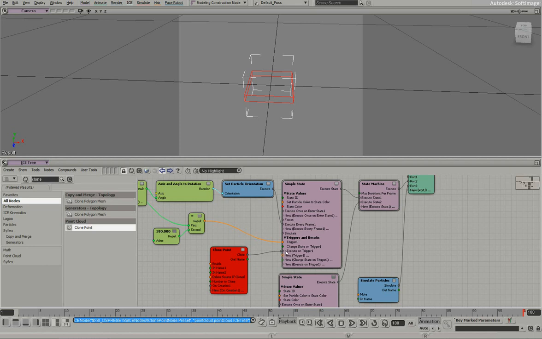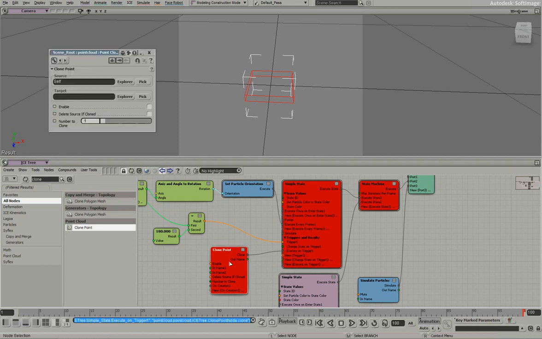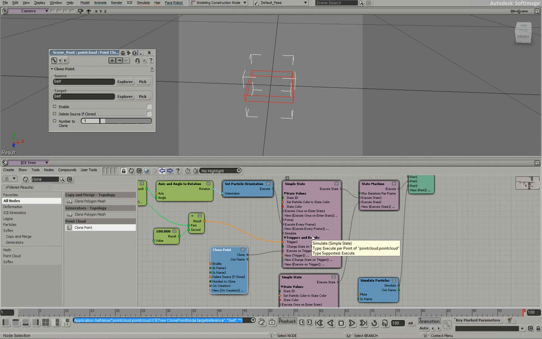Okay, so we say copy from yourself to yourself 1 particle, but it's going to be 1 particle that's in this state 0. That's the thing. It's only going to clone the particles that are in this state because we're connected to a state machine. So we'll enable it,